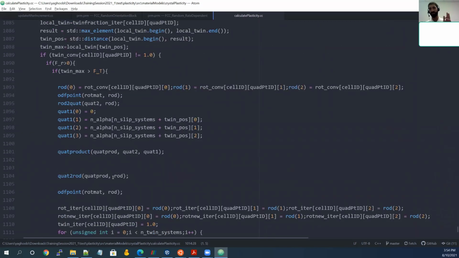Developing this file from scratch is really hard. You need to have a certain set of skills. But if you have already implemented your crystal plasticity model in other structures, you can easily translate it to C++, especially since this is open box. You can also compile it and debug it very handily. Unlike the other commercial software, where you need to write a file to check some of the variables, you cannot debug it on the fly, but this will give you the flexibility to debug the code on the